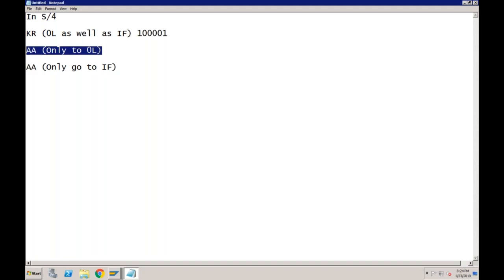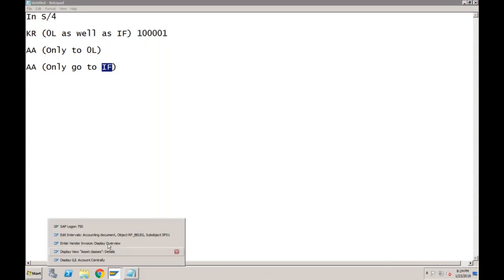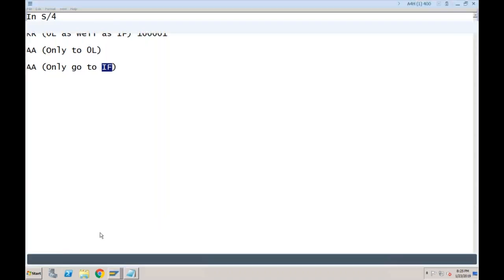But if you want to post anything into IFRS, the non-leading ledger, then the system will not use this number. The system will ask you for a separate number for IFRS, and that you have to maintain in the configuration. Let me show you that configuration. So I'll go to SPRO,